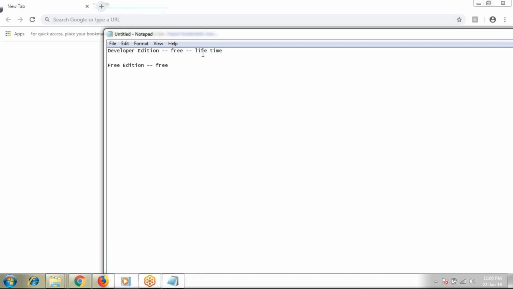But if you go for the free edition, this is a trial version, where you can use it only for 30 days. After 30 days your access will expire. So instead of registering for the free edition and after 30 days re-registering for some other access, let's register to Salesforce using the developer edition, which is free of cost and which you can use for your lifetime.